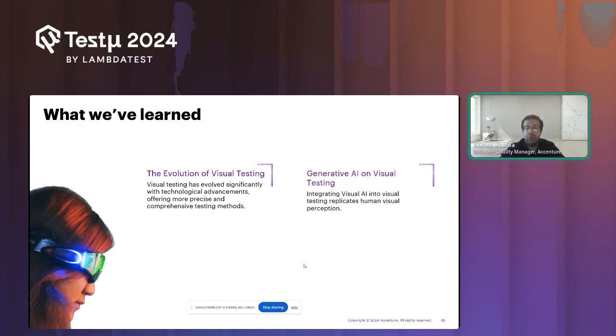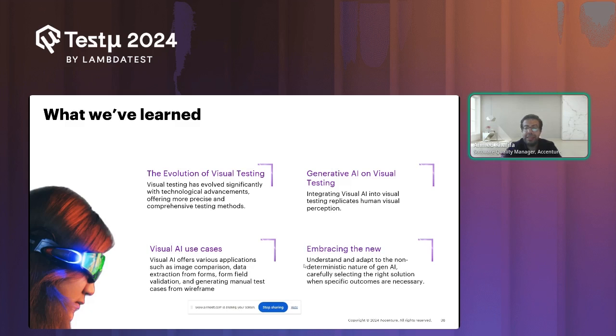And then we saw how generative AI applies to visual testing, what is the evolution of generative AI from large language model to multimodal large language model to AI agents. We saw different visual AI use cases from image comparison, data extraction, generating test cases, generating defect reports.